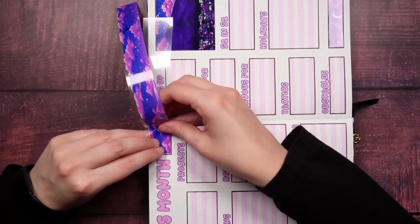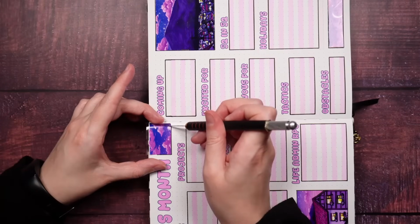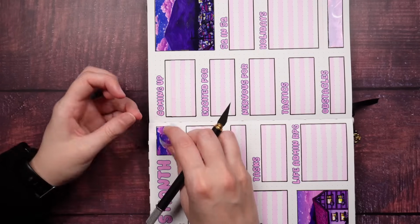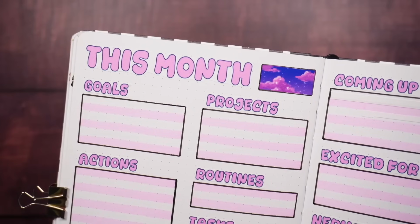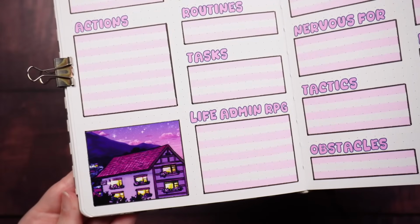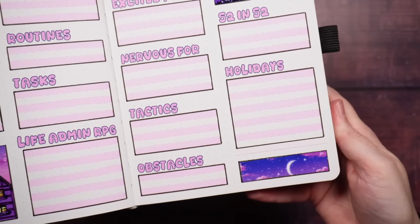This isn't something that I've done before. Previously, when I've done my printed headers, they've all just been in black and white, and I was considering just printing a black outline and coloring them all in, but given how many headers I used in this setup, I'm glad I didn't go with that. I did end up using that strategy for one of the layouts we have, but that's in a few pages' time. In terms of timing though, from first touch of the pen to final details, the monthly dashboard took about 31 minutes,